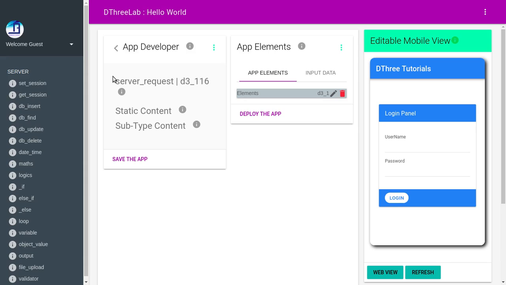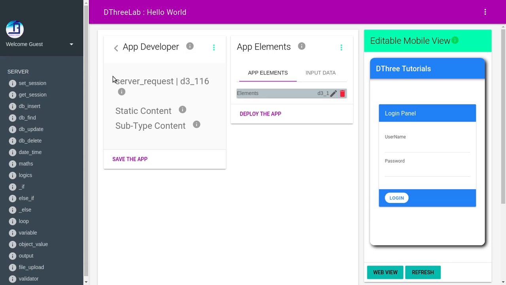Like in our previous videos, in the form submission we have given an output of toast. That toast was shown on the client side's user interface,